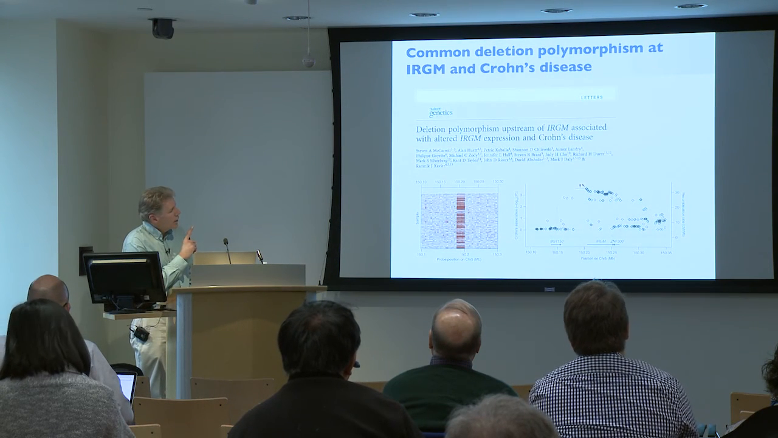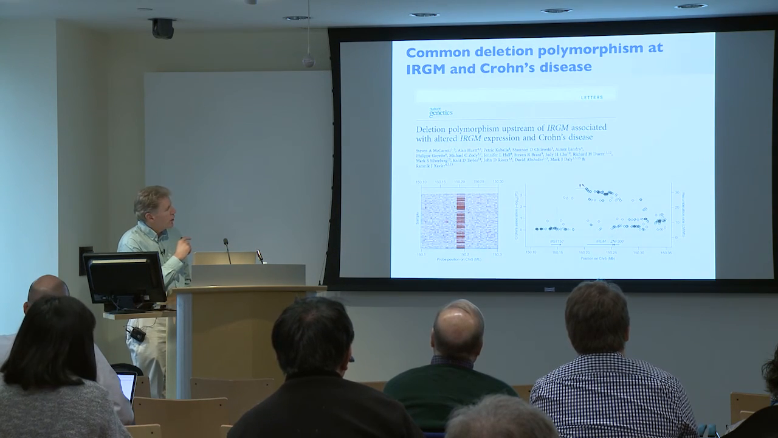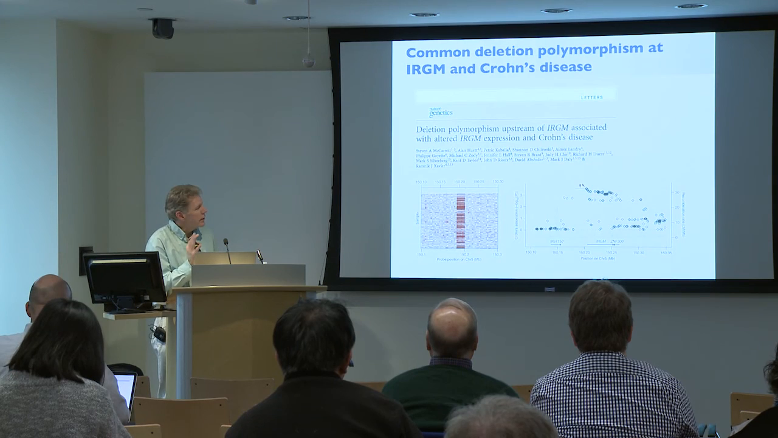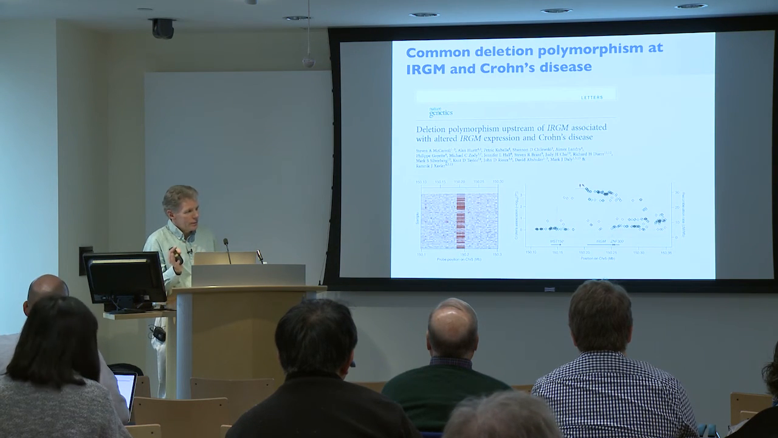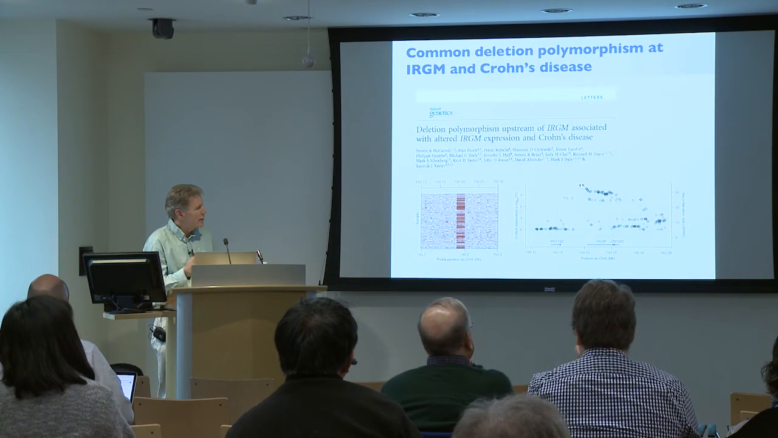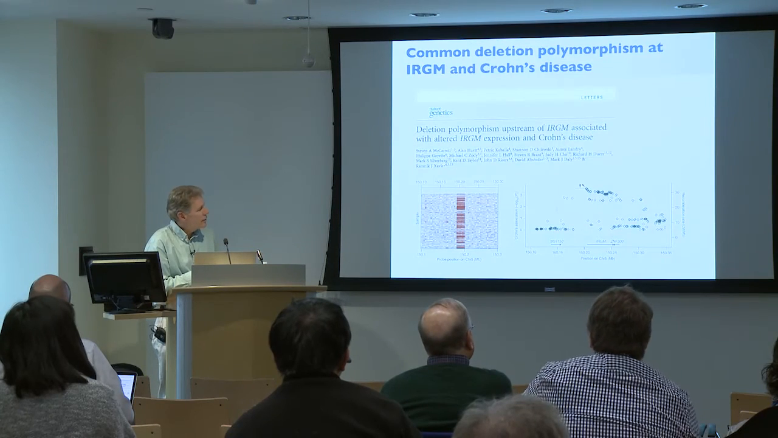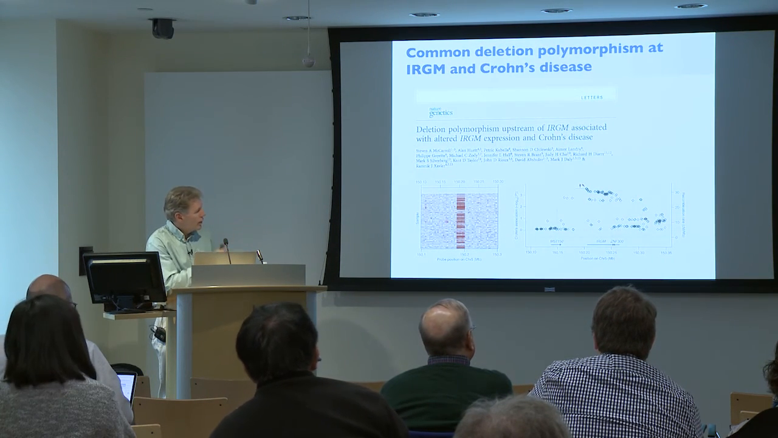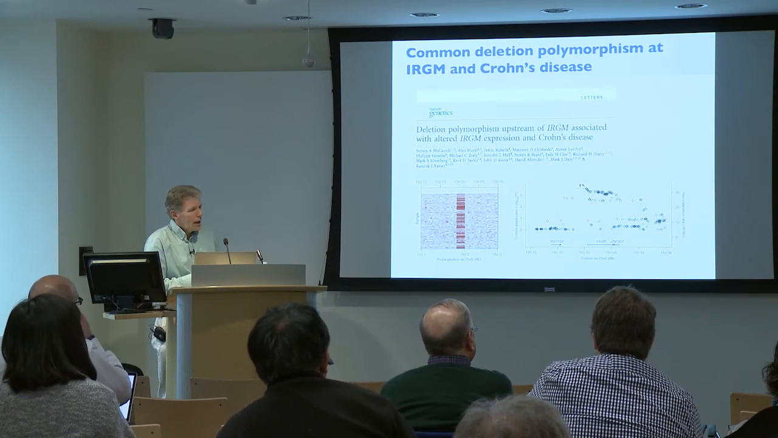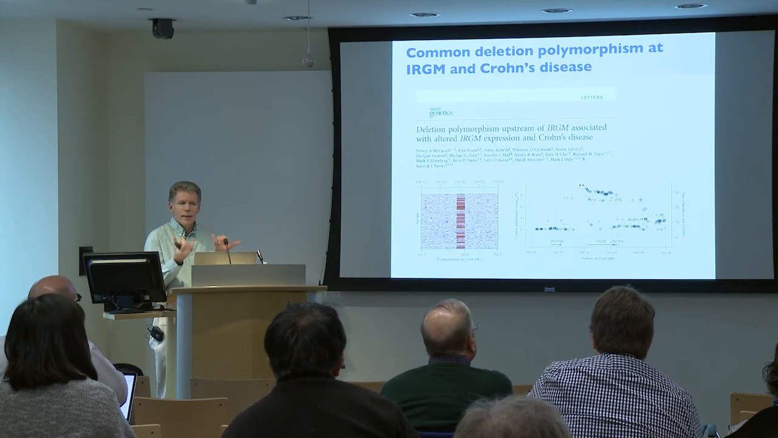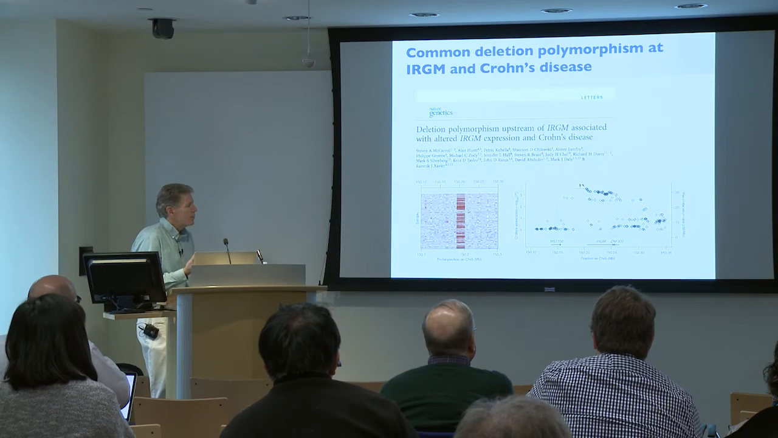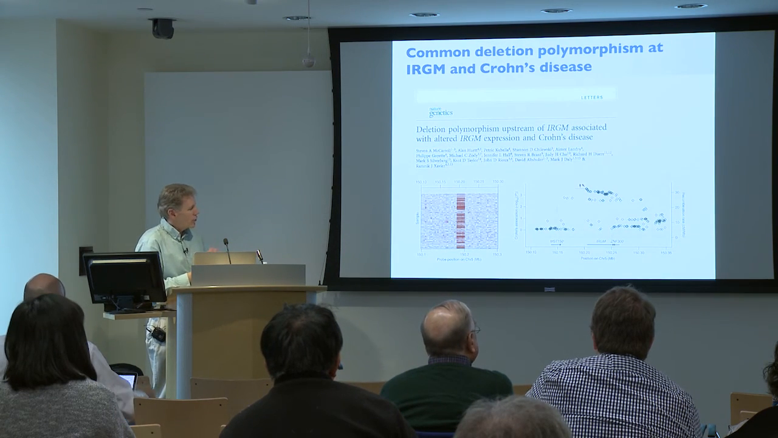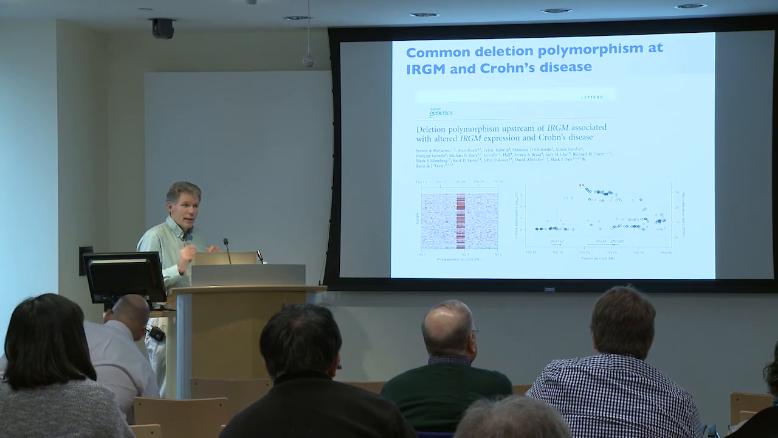There was a GWAS signal for this gene called IRGM, a GWAS signal from Crohn's disease. But fine mapping had turned up no coding variants that seemed explanatory. Then Steve discovered that upstream of IRGM, there was this 20 kb deletion. And it was in perfect LD with the lead GWAS SNP. Then Steve went on through some wet lab experiments to show that the deletion seemed to mediate the expression level